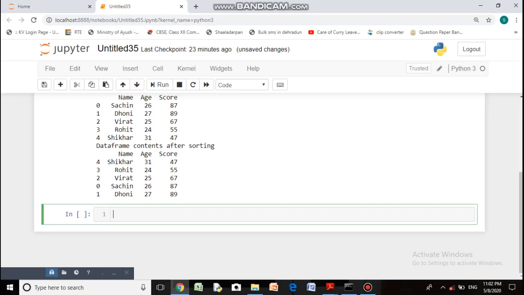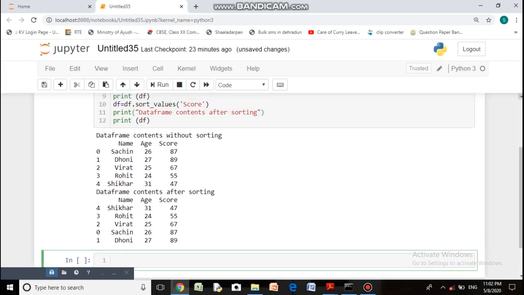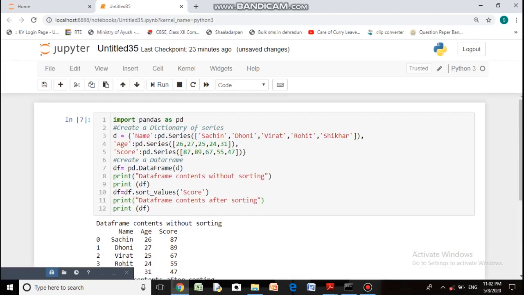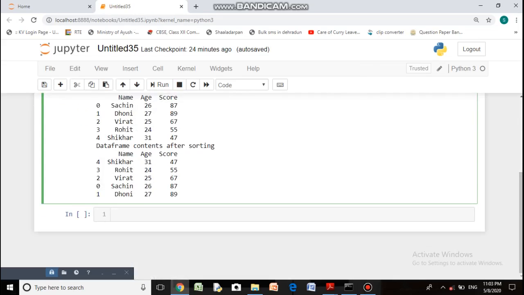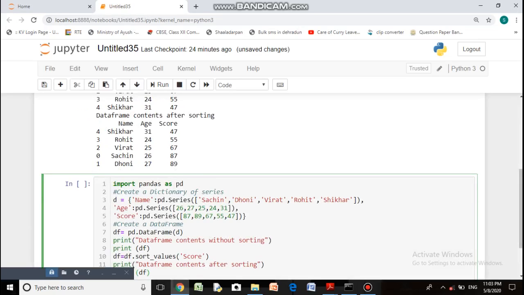Now sometimes we want to sort it in the descending order of a column. So for that we need to use one more parameter, because by default the contents will be sorted in ascending order. So if you have to sort it in descending order, I'll just copy it and then I'll paste this code here with some changes.